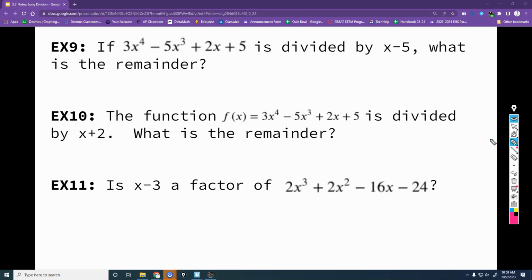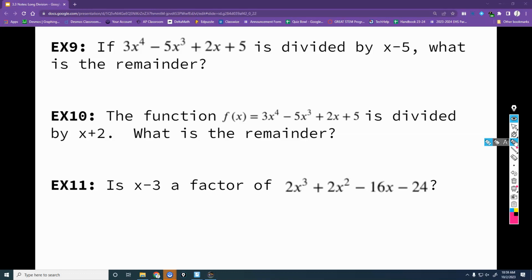The remainder theorem makes it where we don't have to divide. Now, it only works if they're asking you for the remainder. There are times where this cannot be applied because it wants the whole expression. But if they're asking you for the remainder, or if they're asking you if something is a factor,